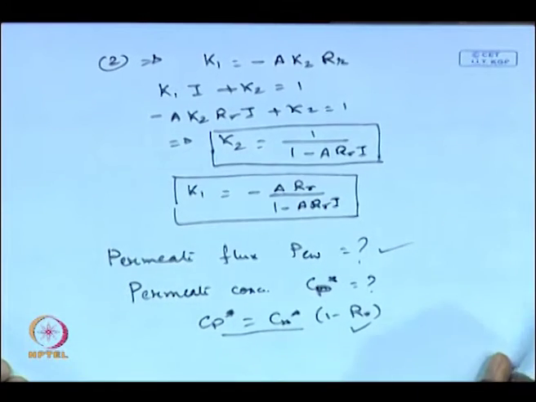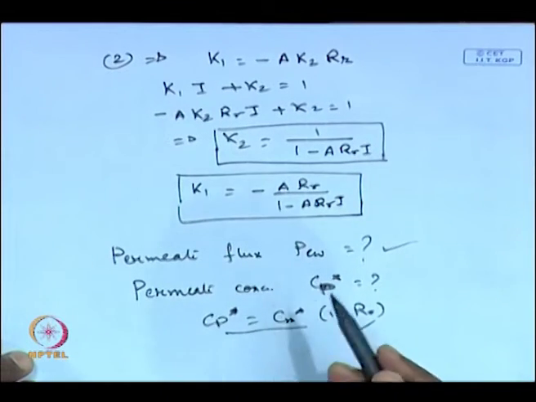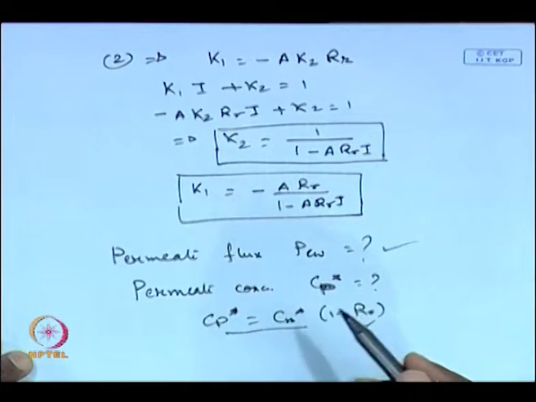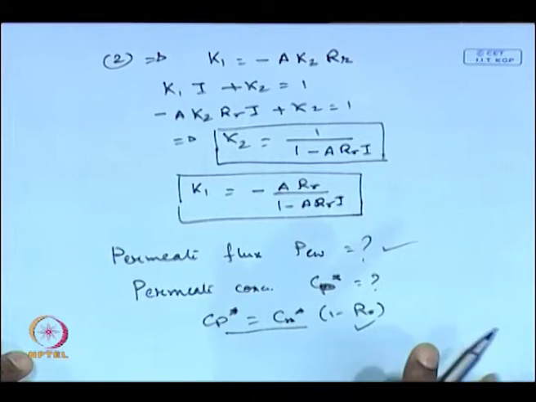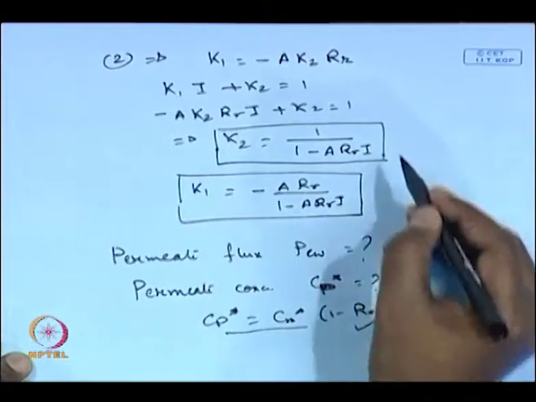Okay. So, we have to evaluate the concentration profile at eta equal to 0, that is the Cm star. What is the expression of Cm star? If you look into the derivation earlier, Cm star was nothing but the constant k2.